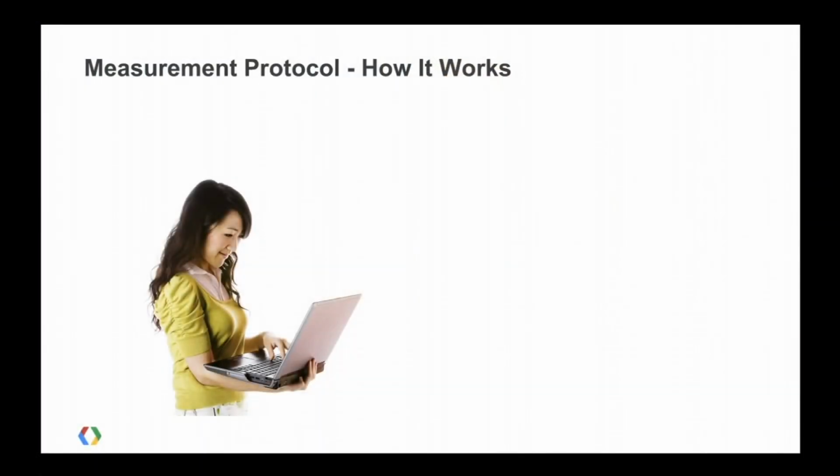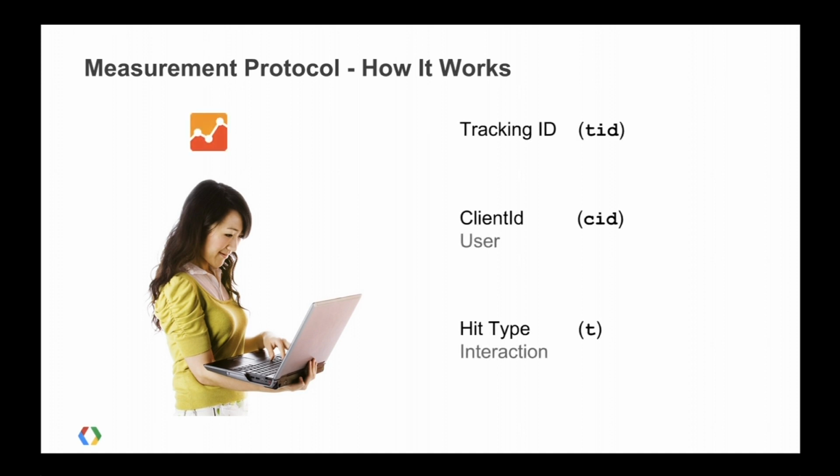But before we get into that, we really need to understand the Google Analytics data model and what we're trying to represent. At its core, Google Analytics represents how users interact with content. For example, this lovely lady here is buying flowers for her boyfriend. In this scenario, the user is the lady, and viewing the product page for flowers is the interaction that we'd want to track. So to measure this interaction with Google Analytics, there are 3 pieces of information we need.